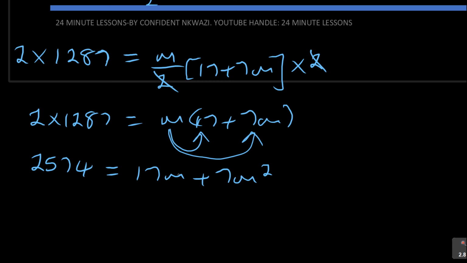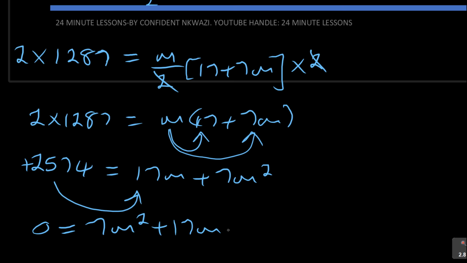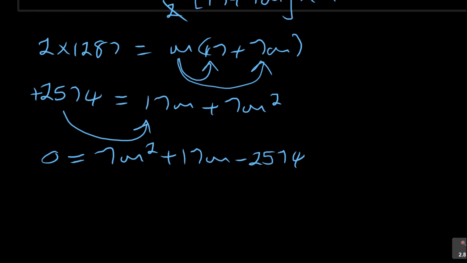This is now a quadratic equation. Take this one to the other side. You'll have 0 is equal to m squared plus 17m, then positive becomes minus 2574. That's where errors are made. Be careful of changing signs. Then remember it's the same as 7m squared plus 17m minus